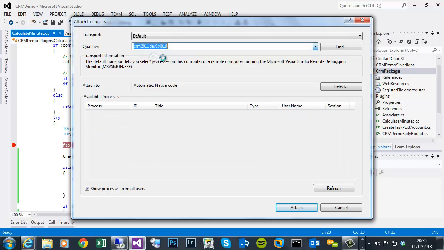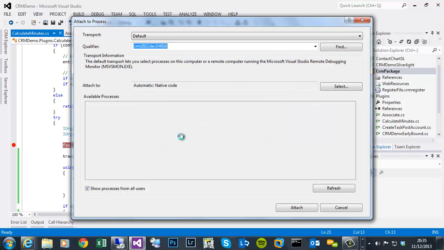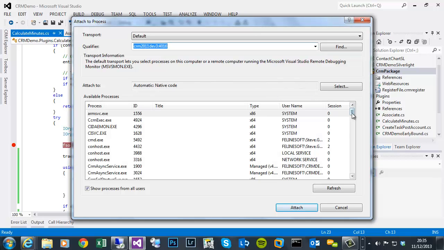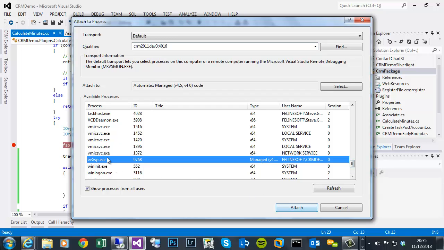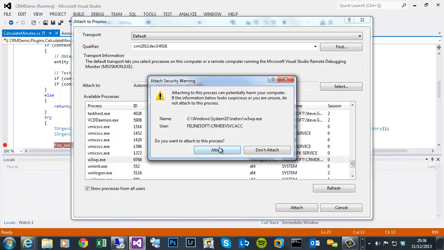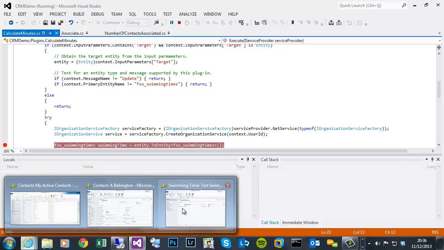I can pick my development server, it'll list the processes, and then if we scroll right down towards the bottom we should see W3WP.exe, which is where full trust plugins will run. So it's only a single process, so it makes it a little bit easier to attach to. Again, attach, so same principle,